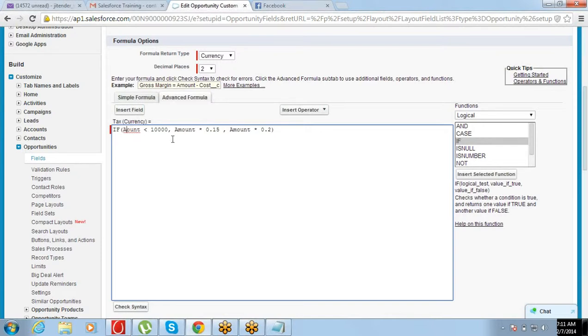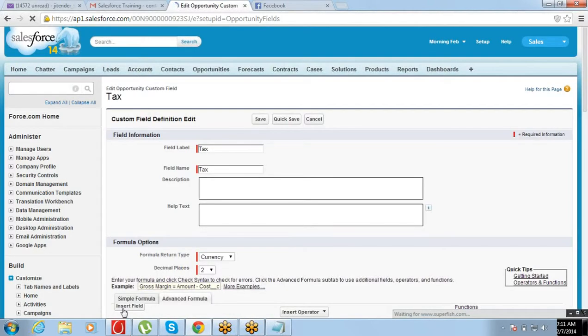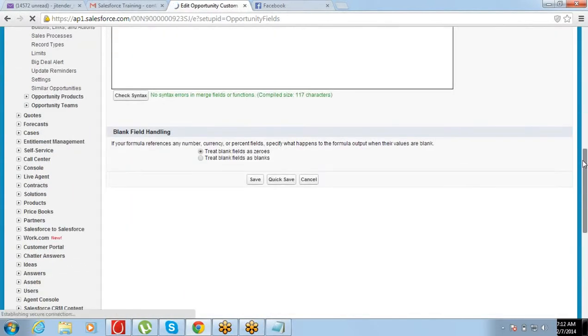I check the logical test and then I give: if it is true, it should be 15%. If it's false, it should be 20%. Check the syntax. No syntax error.